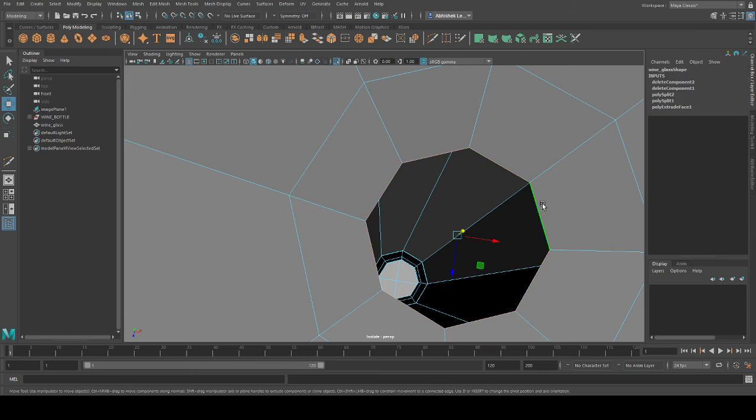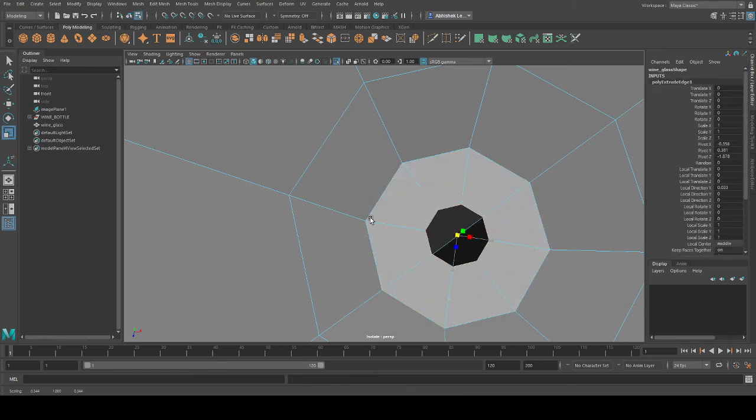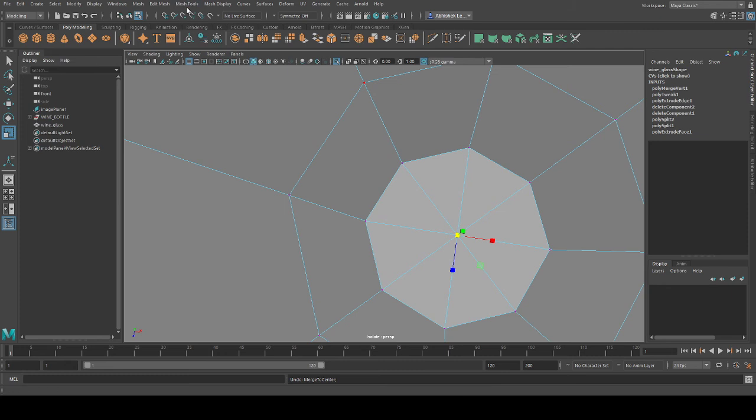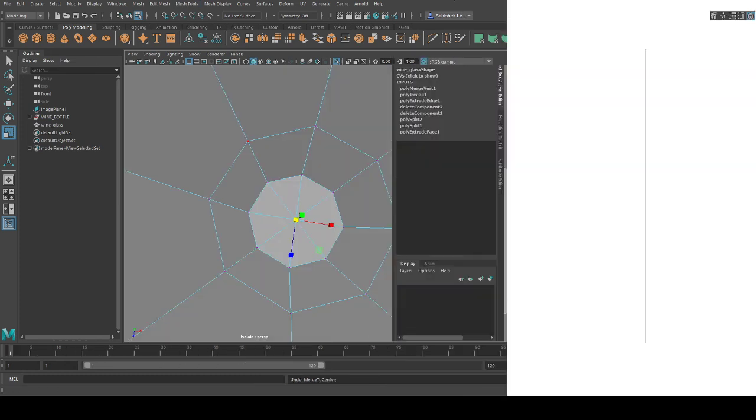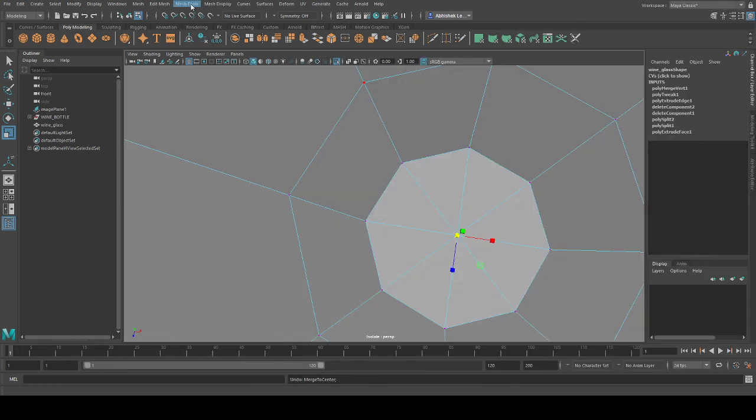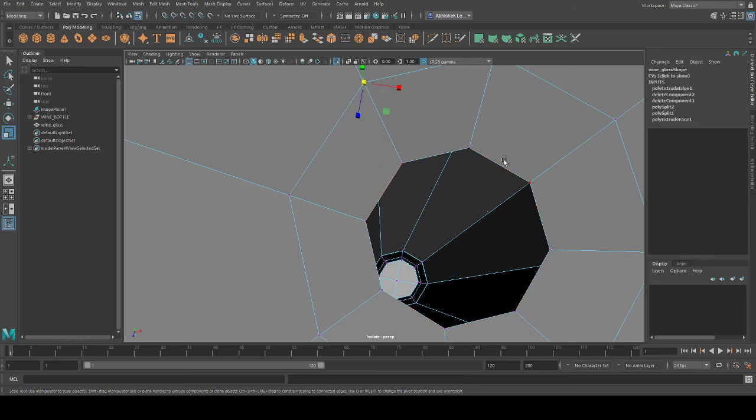And here, better than fill hole, what you can do is Control E, select this whole edge loop, Control E down and merge it together in center. Okay, where was the merge tool? Shift right click, you go up, merge edge to center, or else you can find it over here also. Edit mesh, merge here, right? So what did I do again? I selected this whole edge loop, Control E.